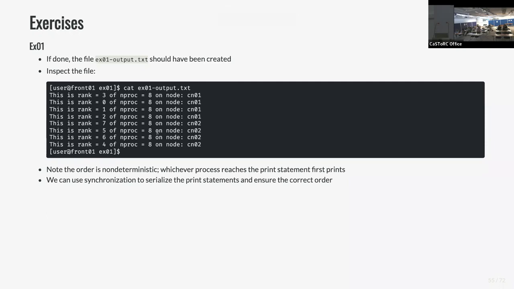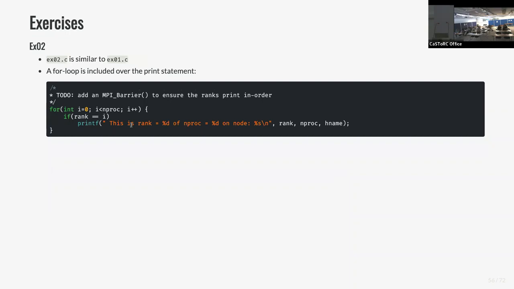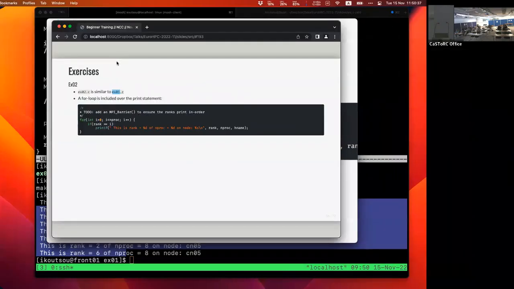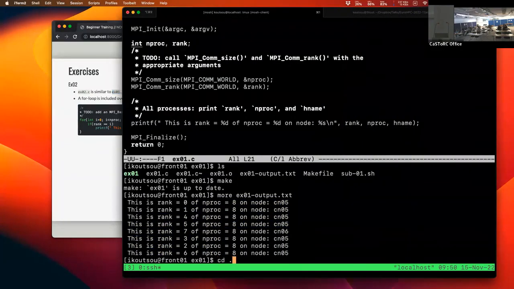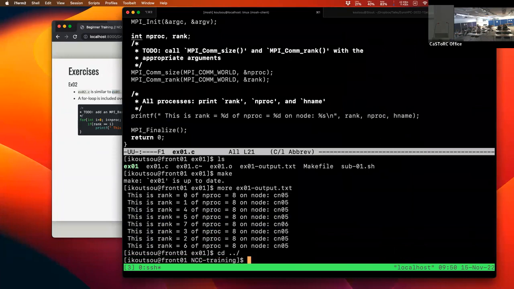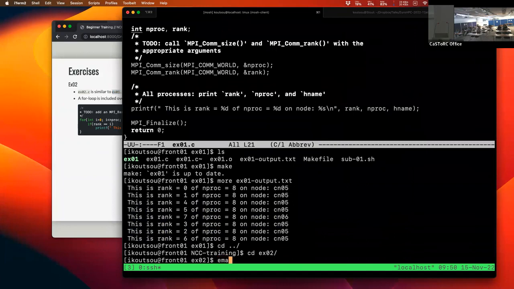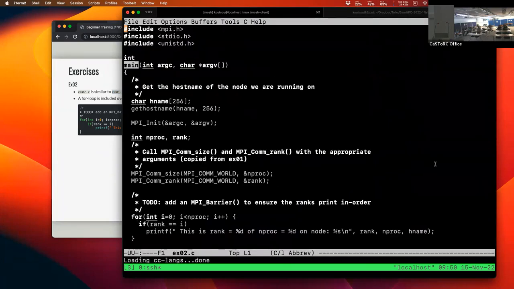If we want the print statements to be in order, then we can enforce it through a synchronization. And that is the topic of the second exercise. It's very similar to the first exercise. So now if you go one directory up, and then into x02, and let's look at ex02.c, then